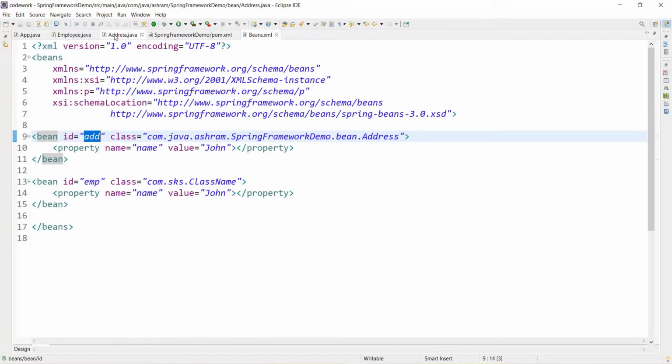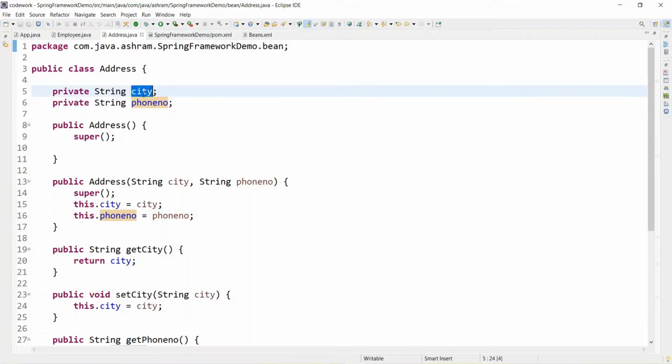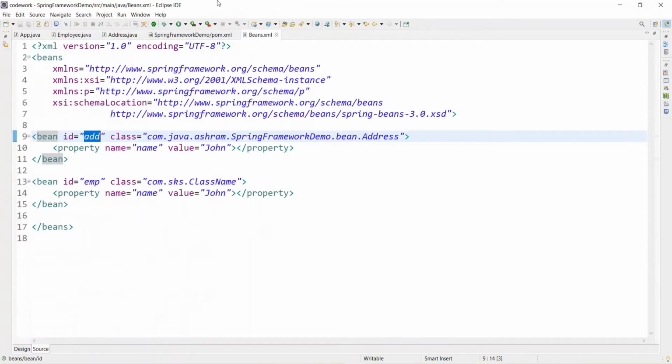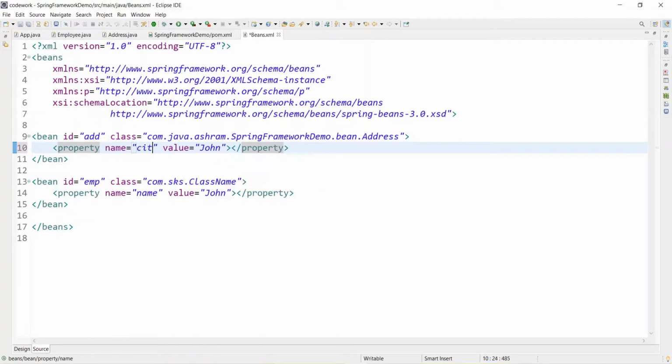Okay, and thereafter you have two properties, city and the phone number, correct? So how do you need to configure the property? Suppose property name, and the first property was city, right? City, and let's say Pune I am giving, right?